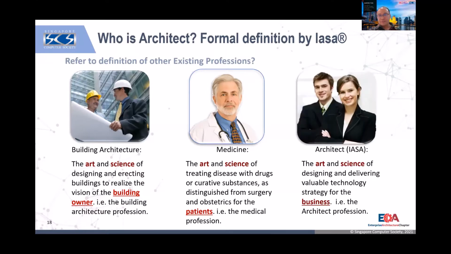Likewise for architects, it's the art and science of designing and delivering valuable technology strategy for the business. So first thing first, we need to know what the business intent is, what they are trying to do. Then from there, we apply our knowledge about technology, our knowledge about digital, and how we can help transform our business towards digital by applying both art and science. Basically, art and science means there is no fixed rule. That doesn't mean that if you worked successfully on a transformation in one company, you move to another company and it will be successful. No, it's a different recipe, right? The same thing like a doctor.